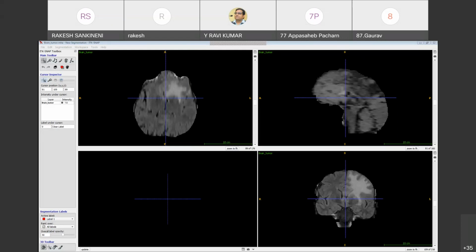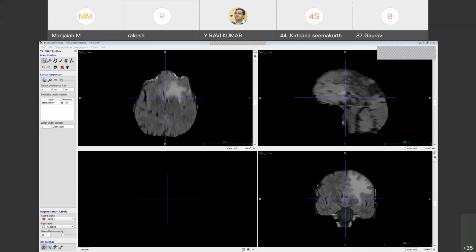Sir, I need a small clarification. The documents which you said to upload, are we supposed to take screenshots in the same sequence as the PDF you have given us?